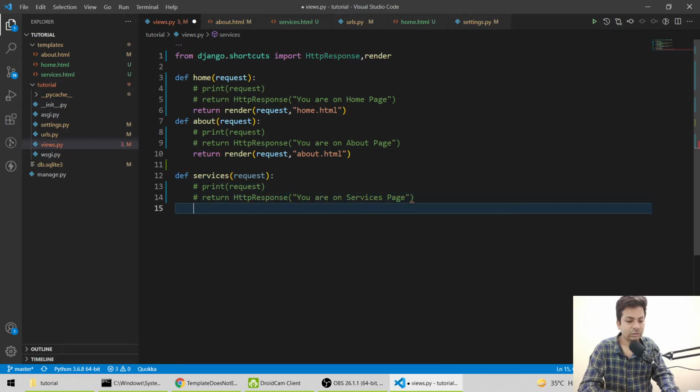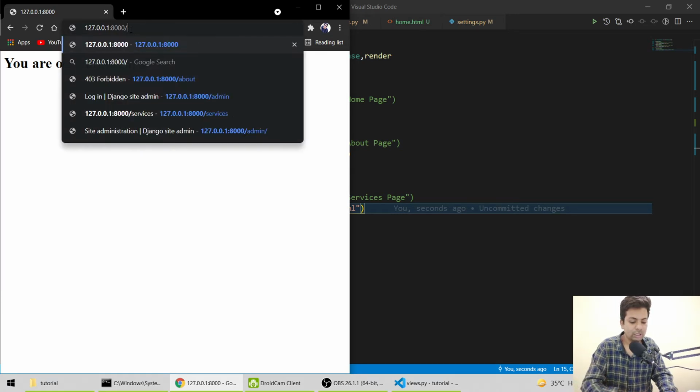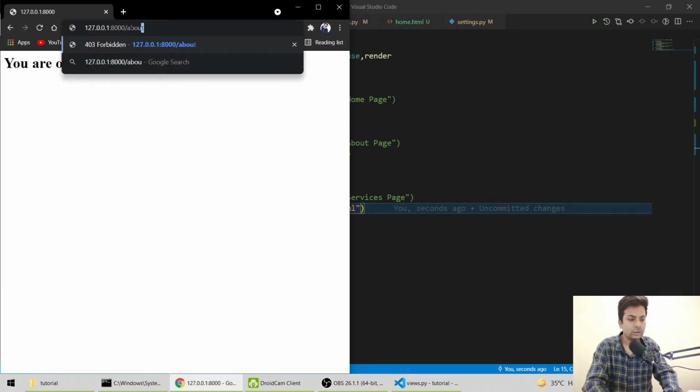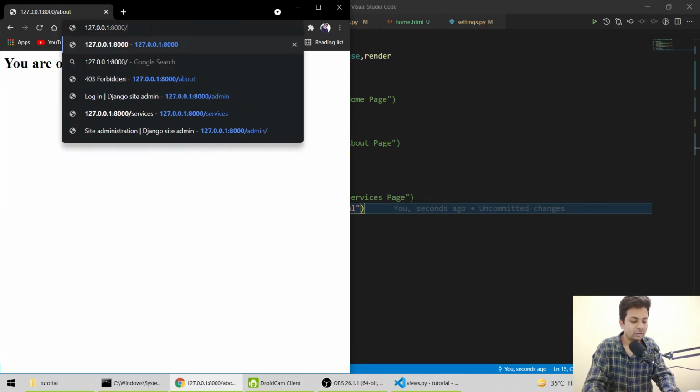Then we'll just paste it here, services. So let me just reload it. Let me go to slash about page, and if we go to services